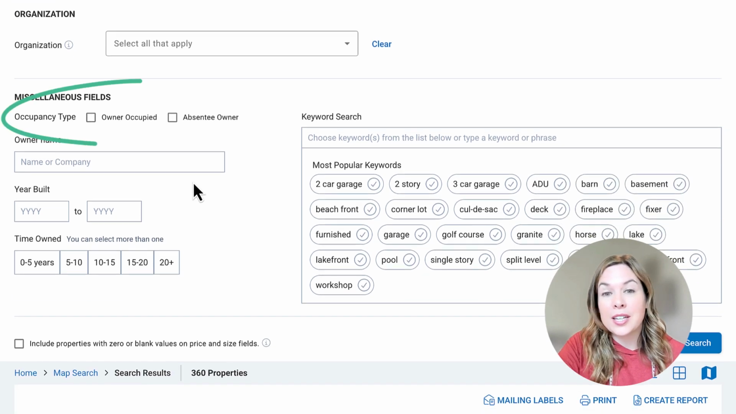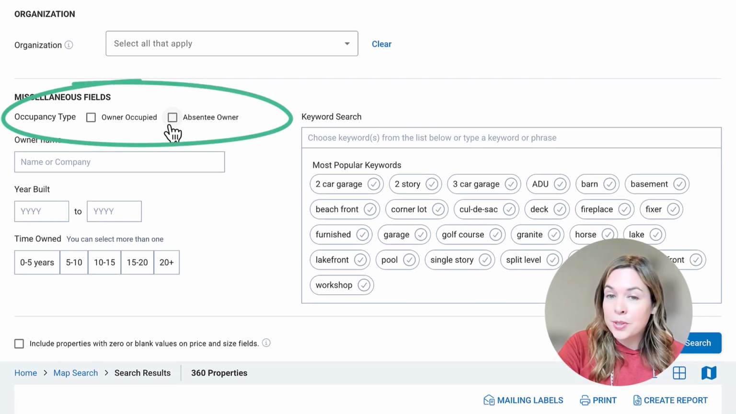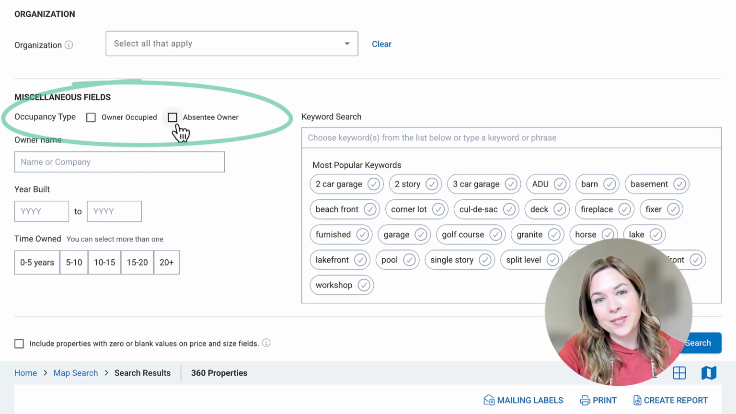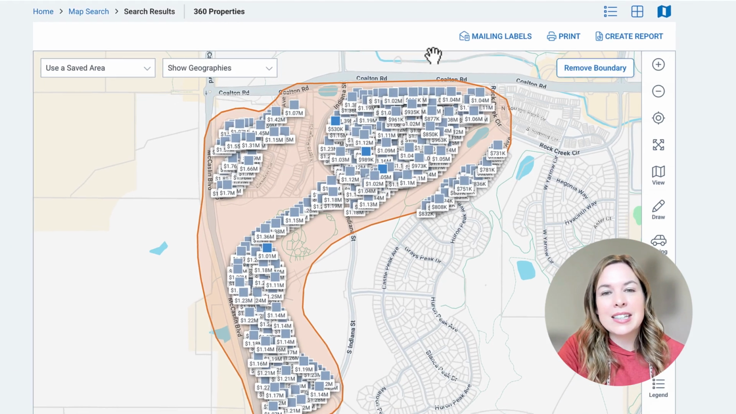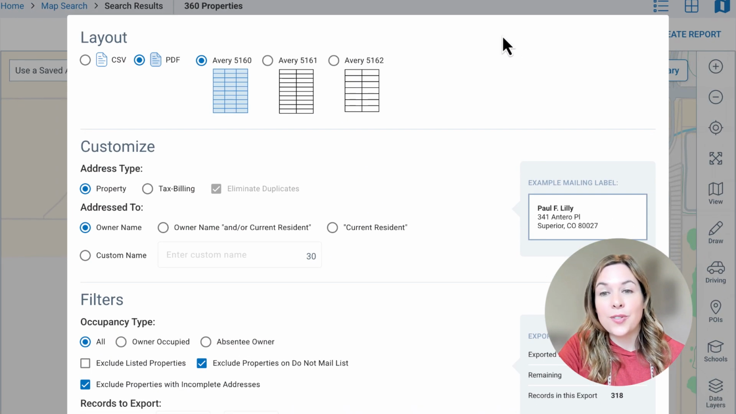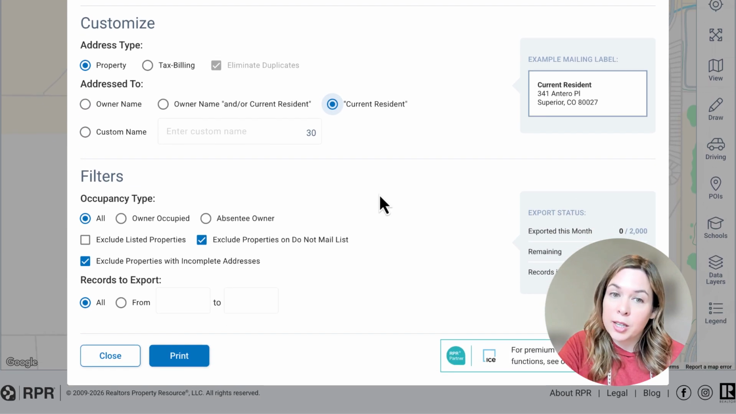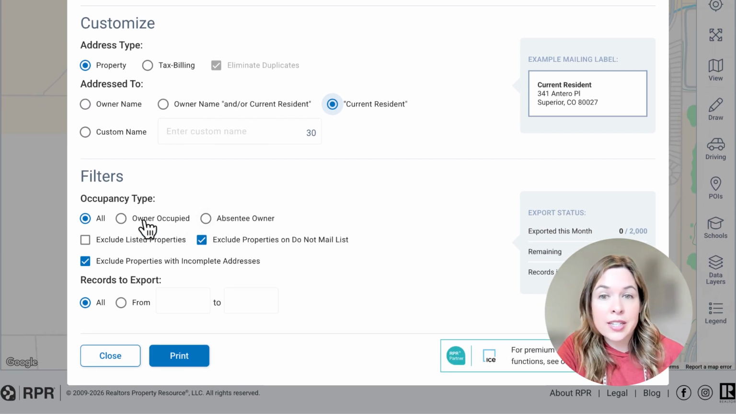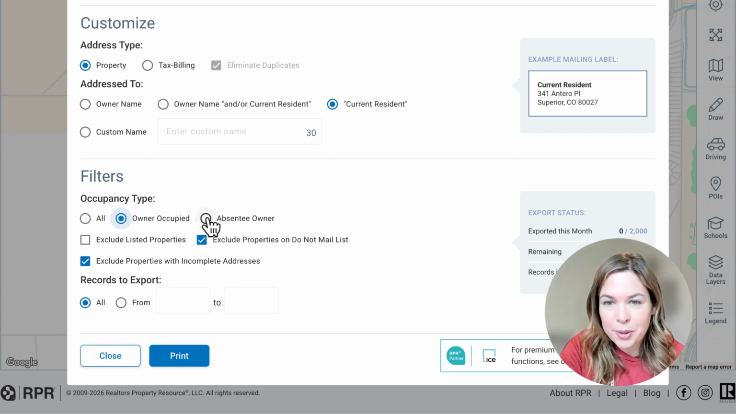From there, you can export a list, create mailing labels, or save the search for later. Let me show you how. Select Mailing Labels. Choose whether you want to download a CSV file or download actual mailing labels to print. Select the address type and who the mailing label would be addressed to. You can filter by owner occupied and absentee owner here as well, if you didn't already do this step earlier,